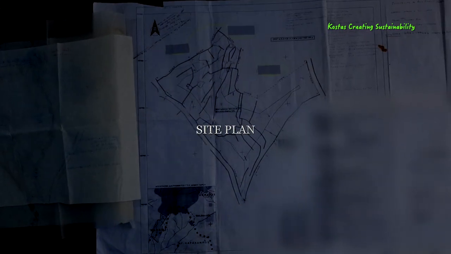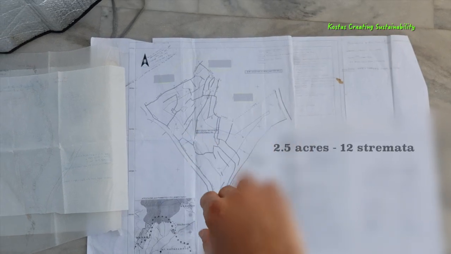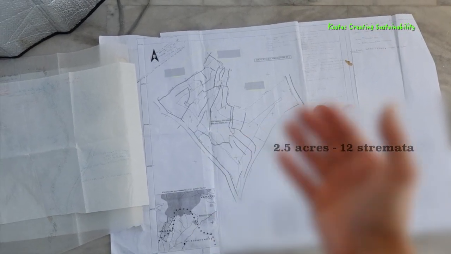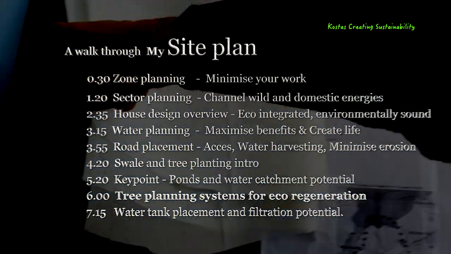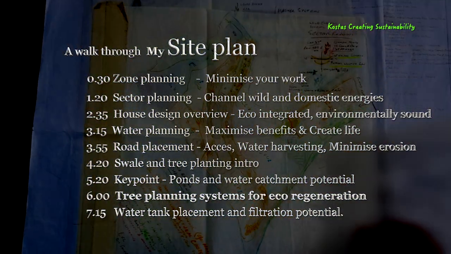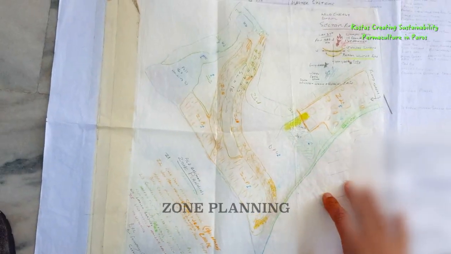I want to share with you my plan, my site, and just a few of the systems that I've put in before commencing work. What I've done is I've invested in the kitchen cooking paper companies and use a lot of transparencies. But in a nutshell, I've done zone planning, which is you map the outline, you work out